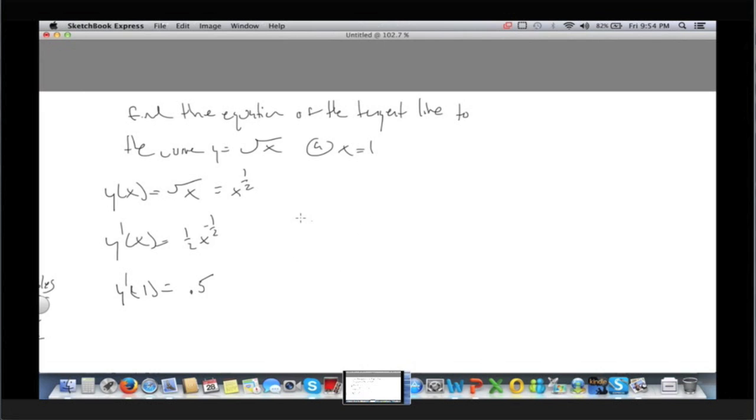Okay, so that's our slope equals 0.5, x equals 1. Now y1 is going to equal 1. So y minus 1 equals